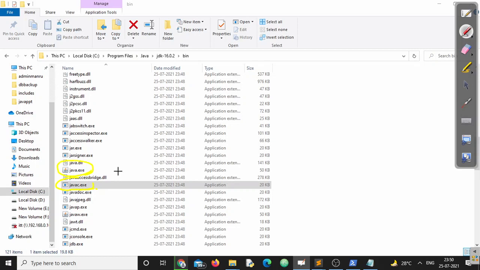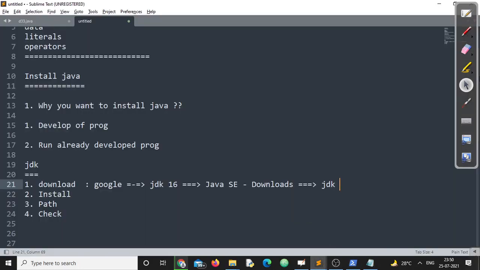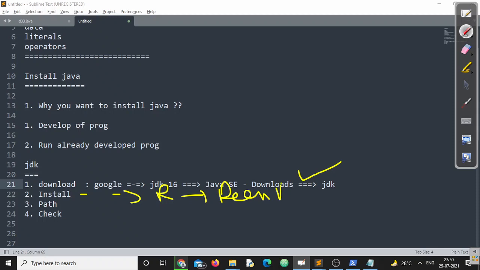So both are here. The first one is called a development tool. The second one is included not only in JDK but also in JRE, right? Okay. Now both the things are installed. Then the next very important part is to set up the path. Let us go back to our discussion. What we are discussing? We are discussing the first one. Second one, how to install. Right click, select run as administrator, then go for next and finish.